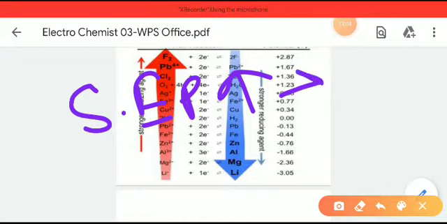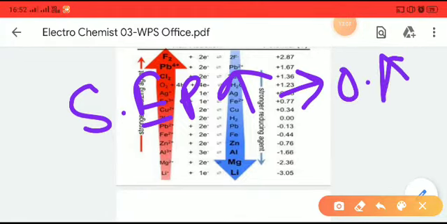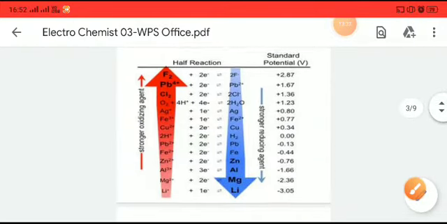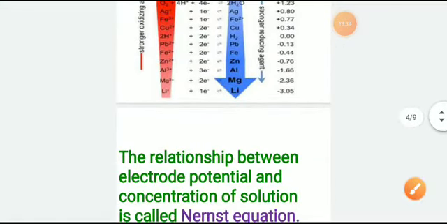If the standard electrode potential is high, then it will act as an oxidizing agent, and if the standard electrode potential is low, then it will act as a reducing agent, because if the standard electrode potential is low, it will not accept electrons, it will donate electrons. So by donating electrons, the atom or element itself is oxidized and causes reduction of the others, so it acts as a reducing agent. So from the electrochemical series we can get these consequences and this idea.